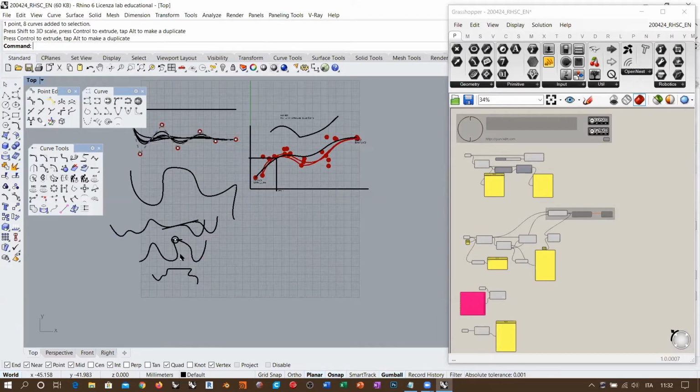So let's take a look at what happens in terms of continuity when we work with control points. Let's see what we can do in terms of continuity when working with control points. And on the other hand, let's see what we can't do in terms of setting continuity, working just with direct